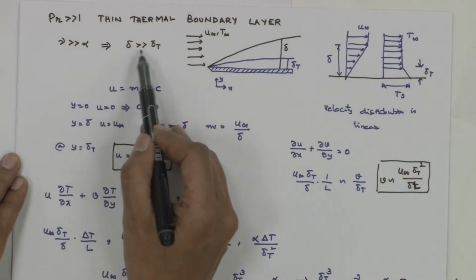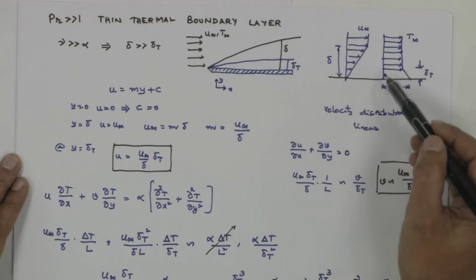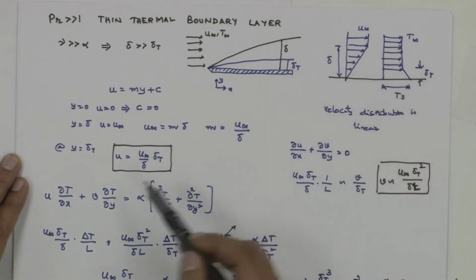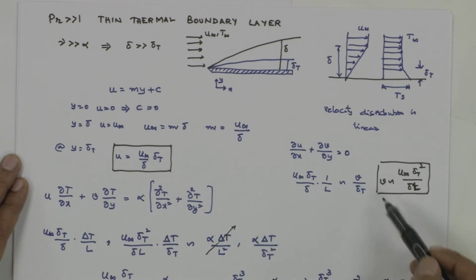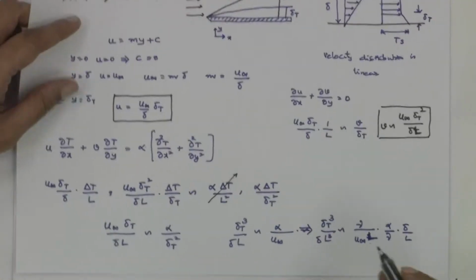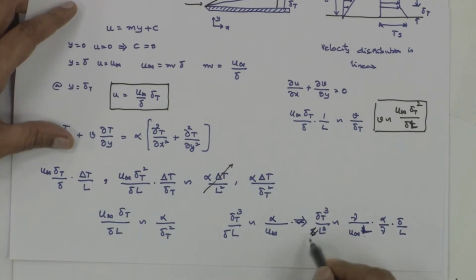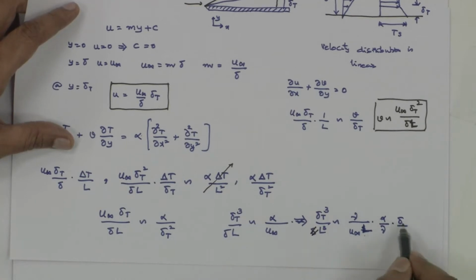We were just deriving for Prandtl number greater than 1, which happened to be a thin thermal boundary layer. We realized that U is going to be varying within the thermal boundary layer thickness. We got that as U infinity delta T by delta, and from there we got this del T by L cube. Please note that this delta was extra here, because I have put it here. So we got this as